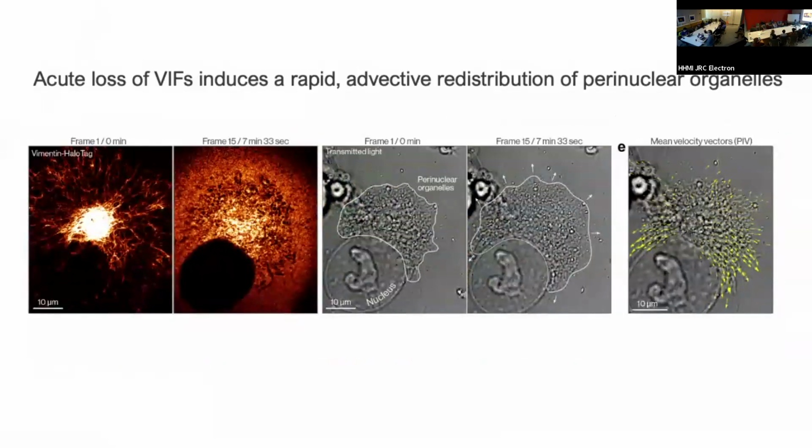And this is something that we can quantify quite easily. So here we have traced the mass of the perinuclear organelles. At frame 15, after the vimentin is disassembled, we can see that there has been a pronounced increase in the area encompassed by this. Particle image velocimetry also can be used to quantify the motion of the organelles by transmitted light. But this supports a model where vimentin intermediate filaments function essentially as a cage to maintain the perinuclear distribution